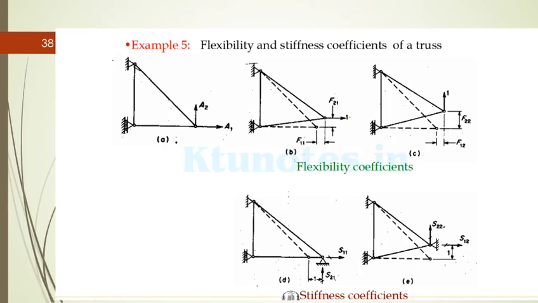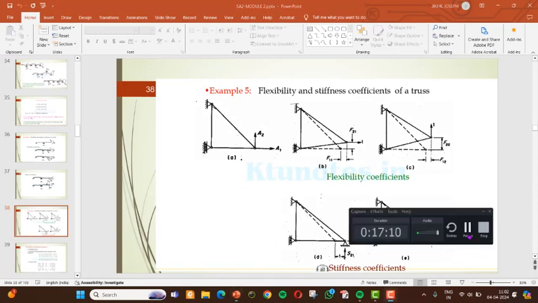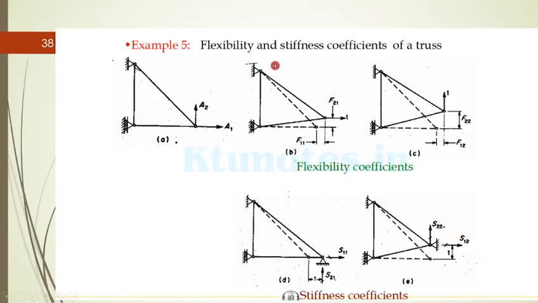This is a very basic concept for finding the flexibility and the stiffness coefficients. To find the flexibility and the stiffness coefficients of a truss, here a truss is supported by a hinge as well as a roller. Two actions A1, A2. So to find the flexibility coefficient, you know very clearly now that you should remove the A2. In the direction of A1, apply a unit force, right, and the corresponding displacements are written as F11, F21